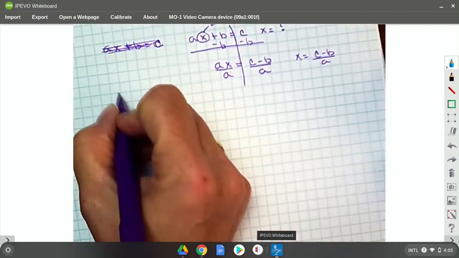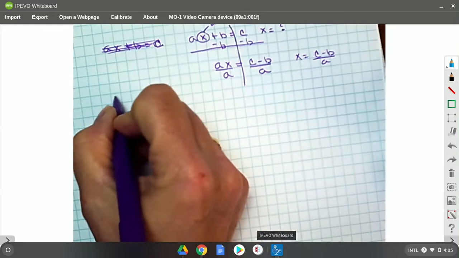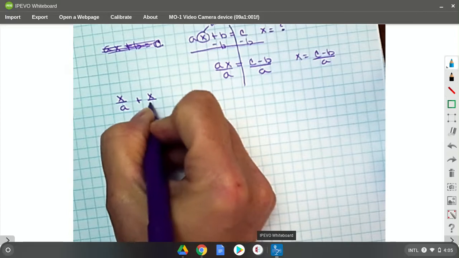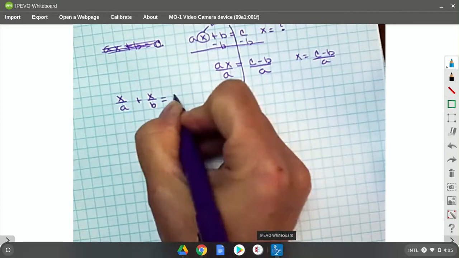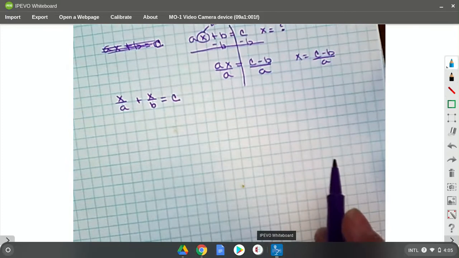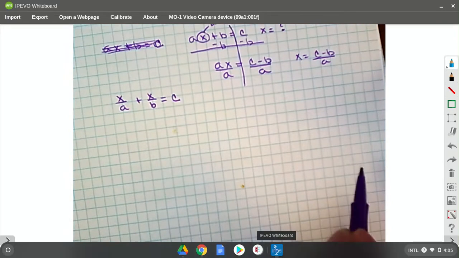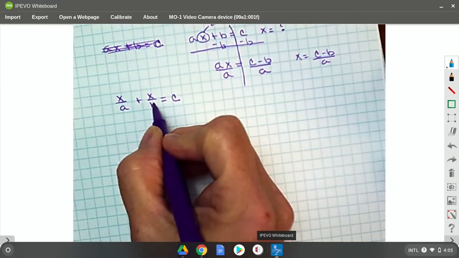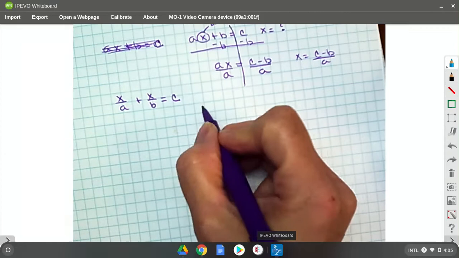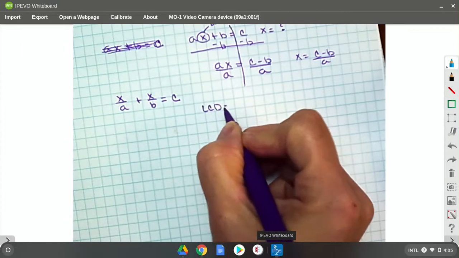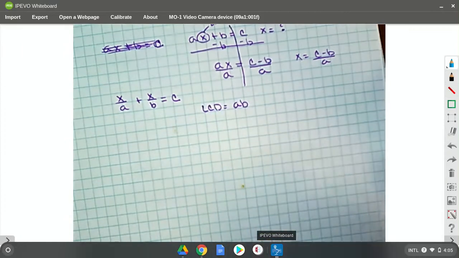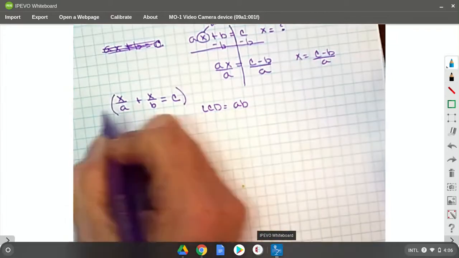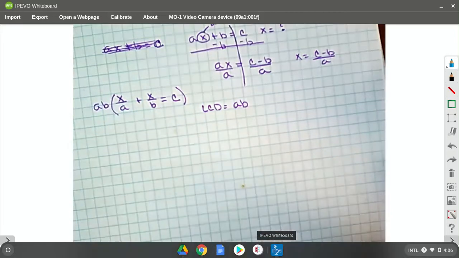Let's say that I have x over a plus x over b equals c. Again, it's that same fraction thing. What's my least common denominator? So I don't know what a is and I don't know what b is. So my least common denominator, my LCD, is going to be a times b, right? And just like it canceled, every single term times ab,